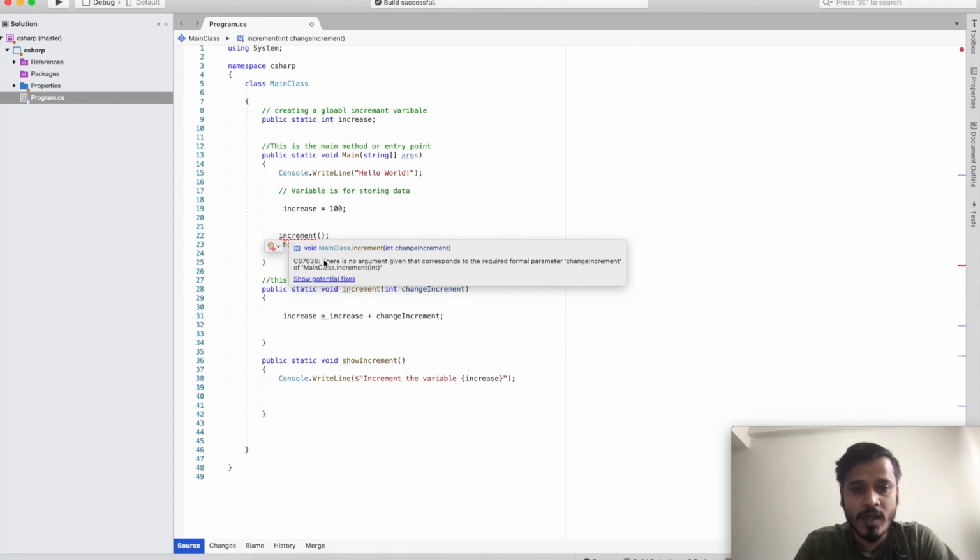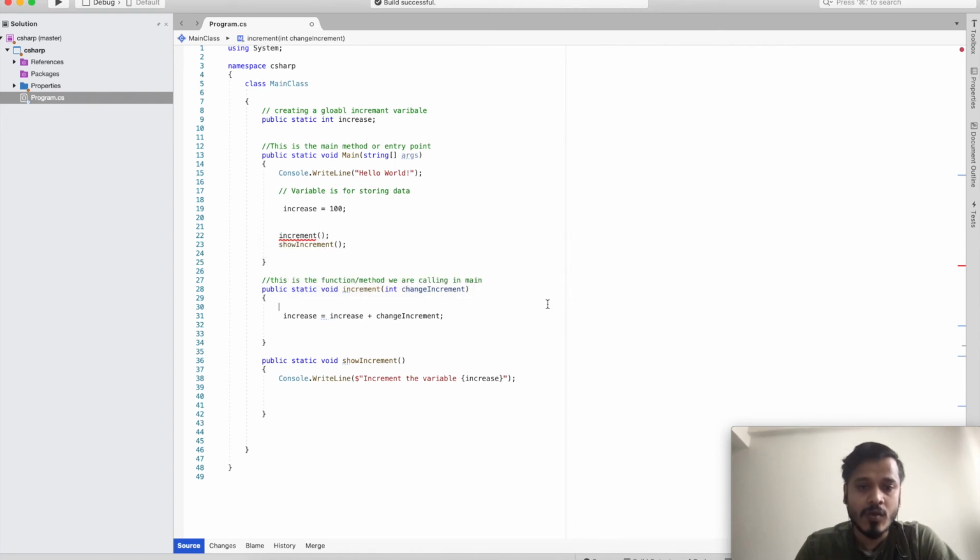This is showing that there is no argument given that corresponds to the required formal parameter. This is the parameter that we added here, and it is used in this line of code, which is incrementing the increment. So this is asking for a parameter change increment.